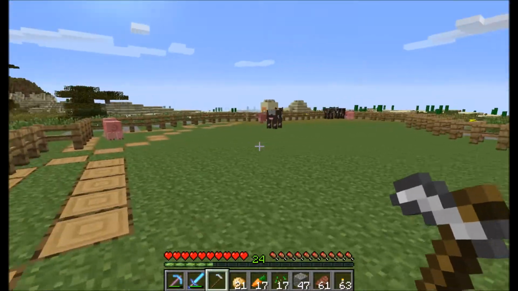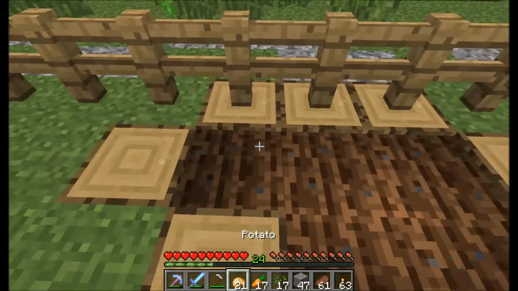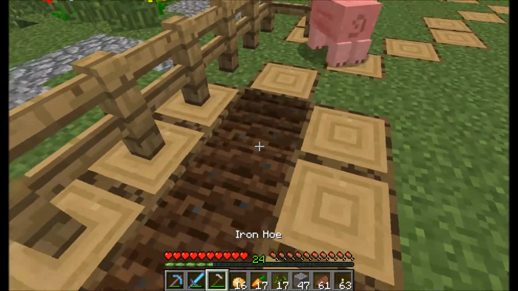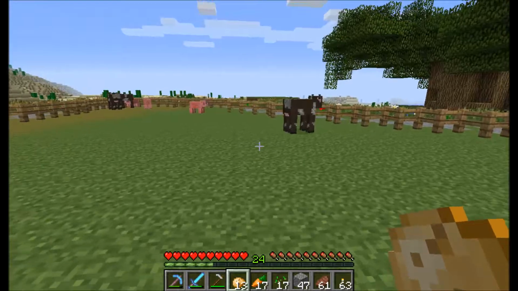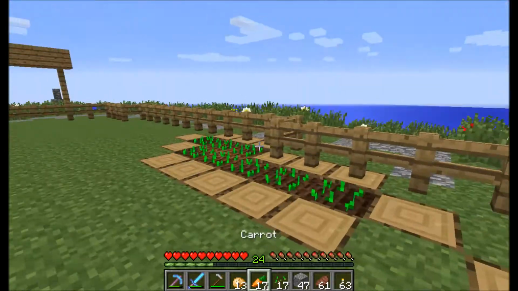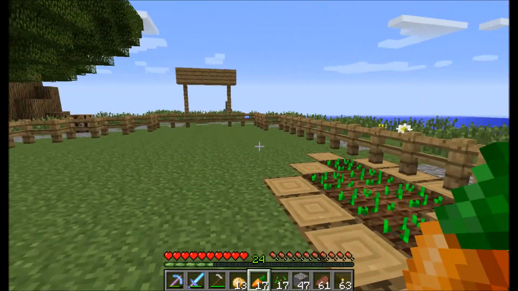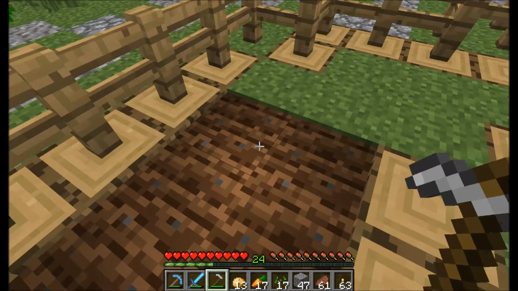All right, so we brought in some of our cows and our pigs, and we need to name them. We need to figure out what we want, because we're not going to kill these guys. They're now our pets, so they're in a safe spot now. Well, I mean, relatively safe. I haven't lit up this area yet,